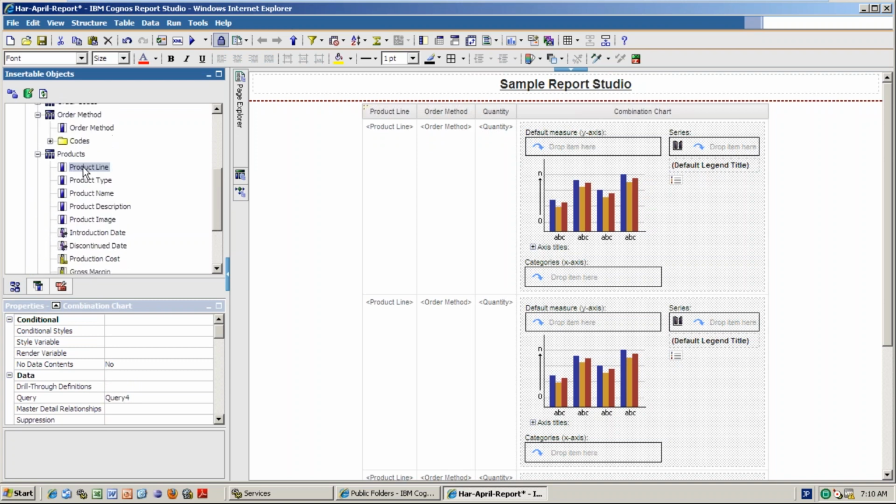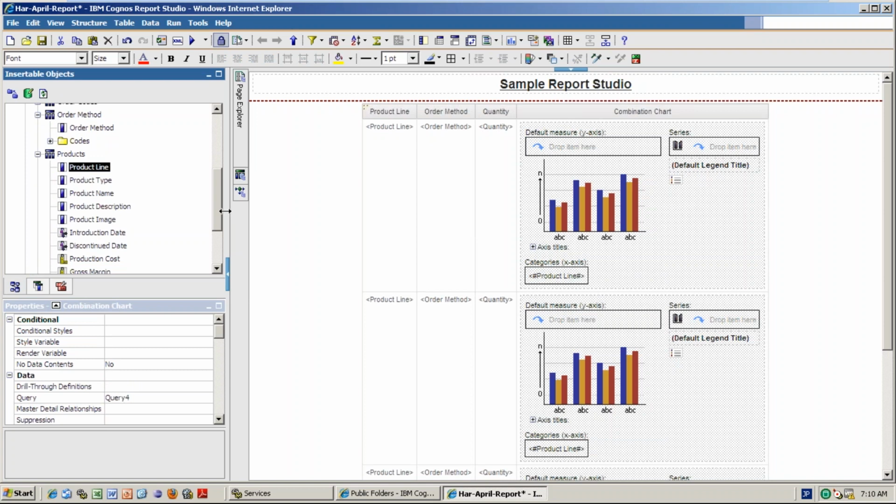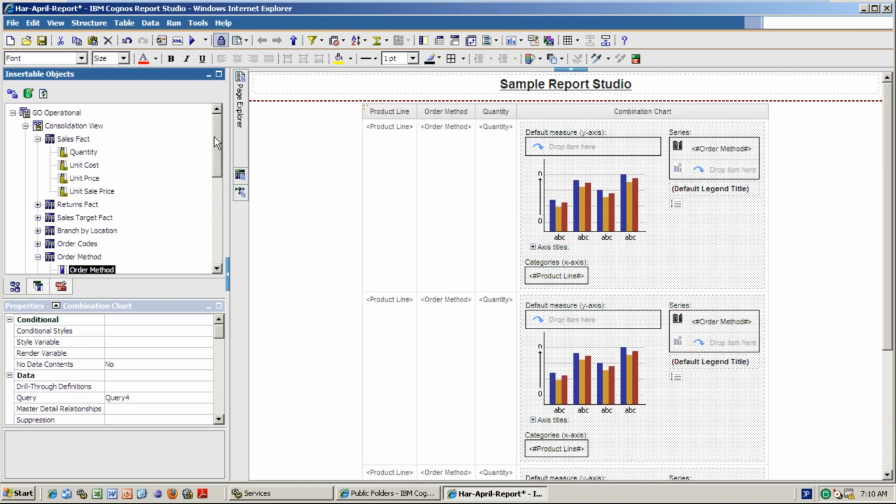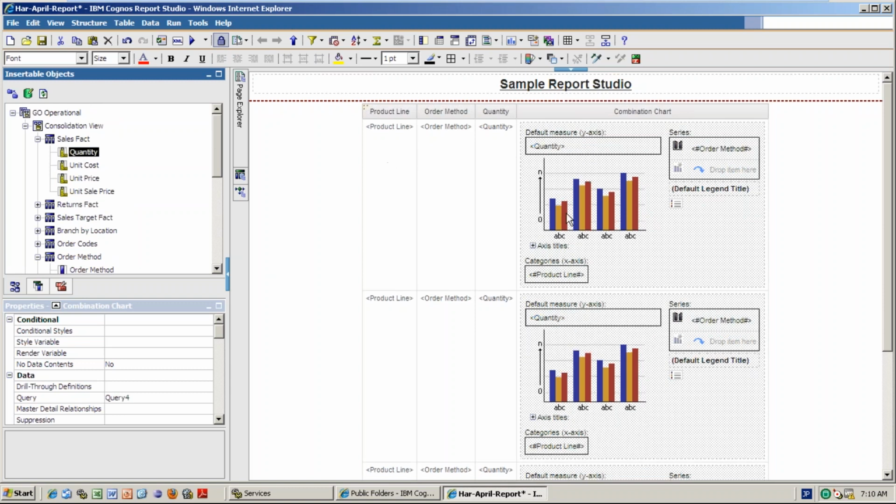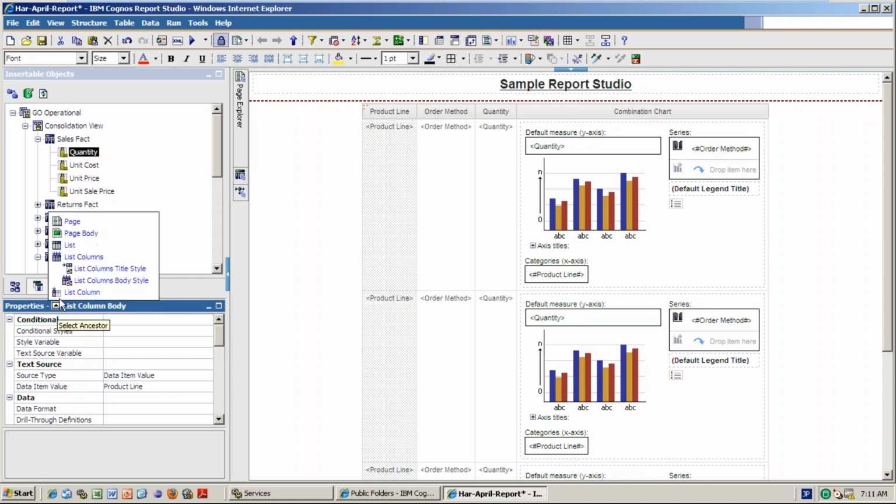Here also I am dragging product line into the x-axis, because I want to see the same chart and crosstab in the same row, order method in the series, and quantity in the measure. But when you are dragging this product line to this product line, this order method to this order method, a join should be there. Then only it will work out, right? So go to the list.